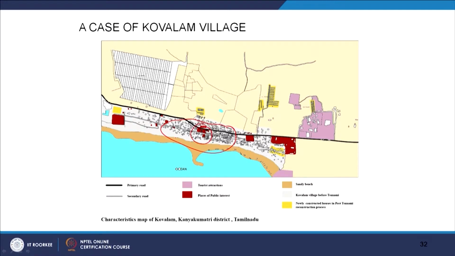This is the main heart of the village, the main village center. And then 88 houses were damaged during this tsunami, and immediately the government did the assessment of these 88 houses, and they decided to find an alternative position for them because of the CRZ regulations. So they took some land in the DC Nagar phase and Disu Nagar, and they identified this as government land, and they have given about 88 houses.